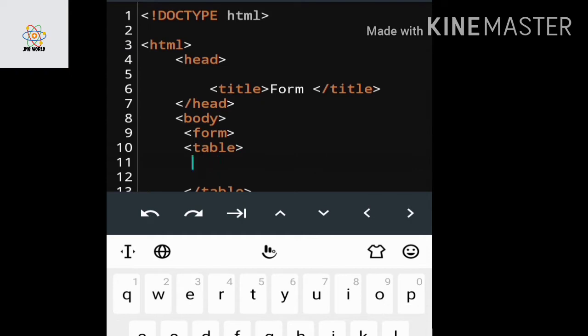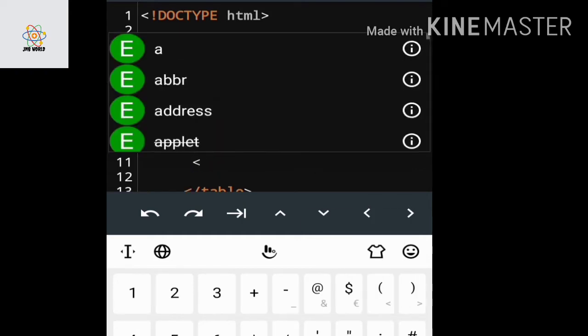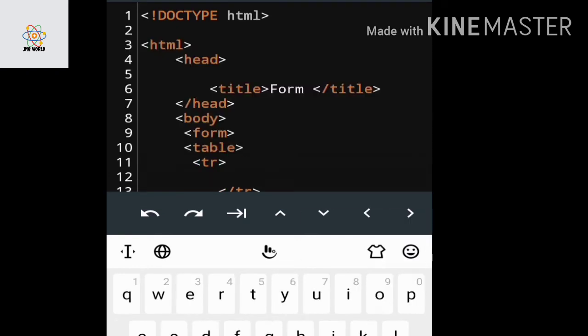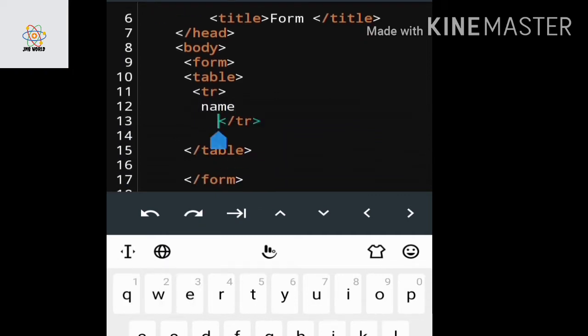My first row is tr, and the name of the first row is name, where I have to enter the name value.